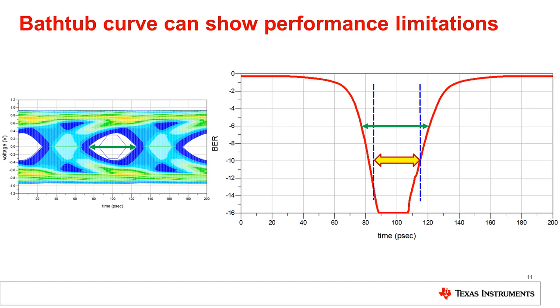This means at this point and beyond, bit errors can be caused by accumulated jitter. In this example on the right, you can see that this point occurs at a BER of e to the negative 10, or negative 10 on the y-axis. In designs that implement high-speed protocols like USB 3 and PCIe Gen 5, where the eye width must be acceptable at a BER of e to the negative 12, this example is not acceptable. It is also important to know standards like PCIe and USB typically have a targeted BER of e to the negative 12 or better. In most cases, and the examples above, the mask is defined based on a BER of e to the negative 12.